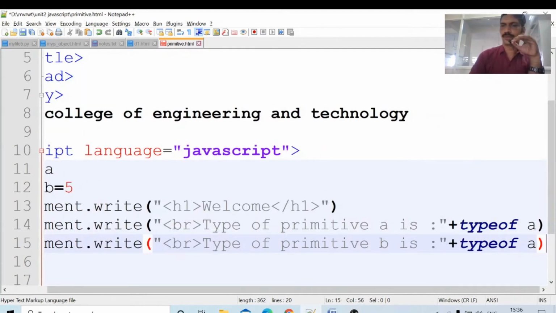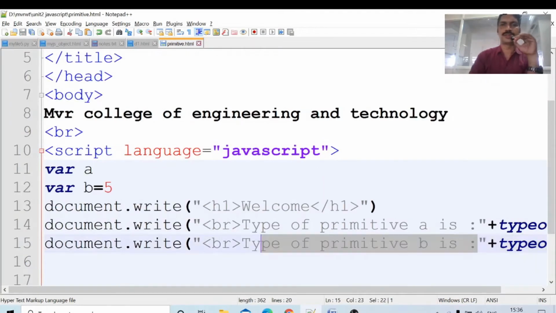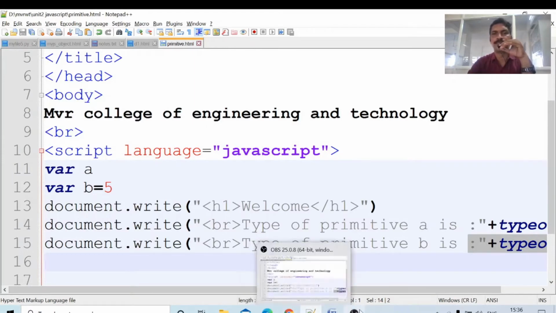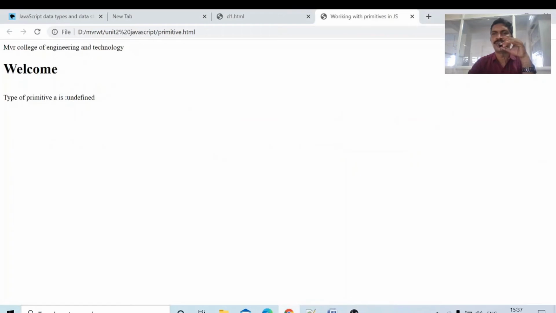In place of type, B. Control S. What is the type of primitive b you expect? 5 means number. Type of primitive b is number.